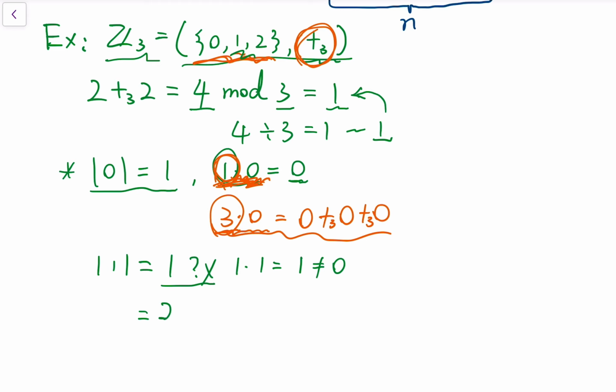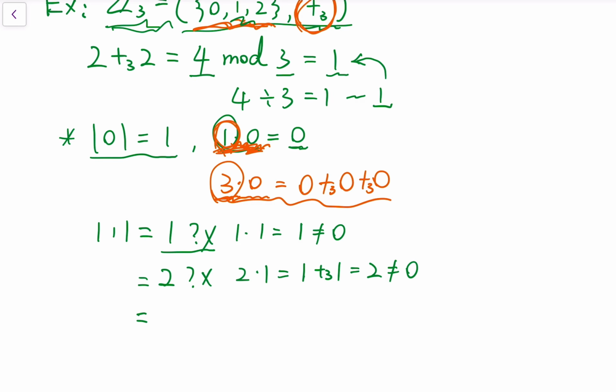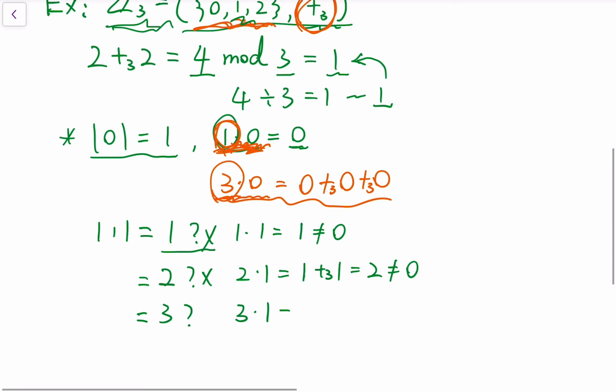How about 2? If we consider 2, it means 2 times 1 should equal the identity 0, but 2 times 1 means you have two 1s here to do the addition, which is equal to 2, and 2 is not the identity in Z3, so 2 is not the order of 1. How about 3? If the order of 1 is 3, it means 3 times 1 should equal 0,